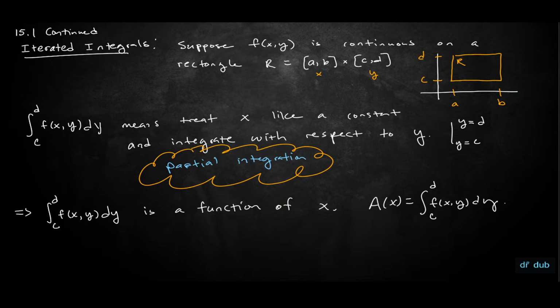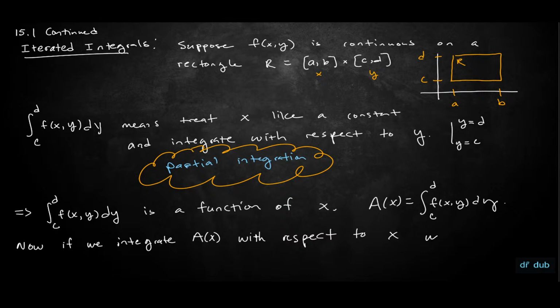So now if we integrate A of x with respect to x, we would get the integral from a to b of capital A of x dx, which would equal